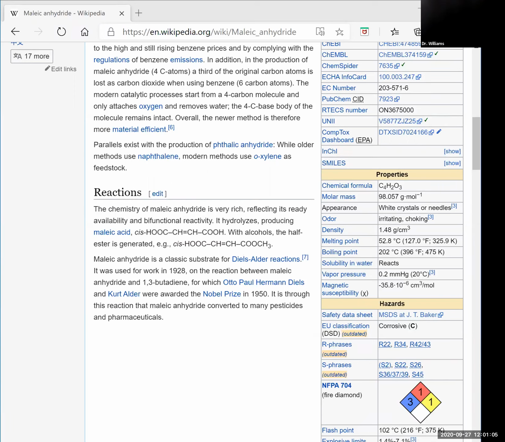As an example, I'm going to use maleic anhydride, which looks something like this. I want to find out what the literature value for the melting point is. So taking a look at Wikipedia, we find that the melting point is 52.8 degrees. So it melts at